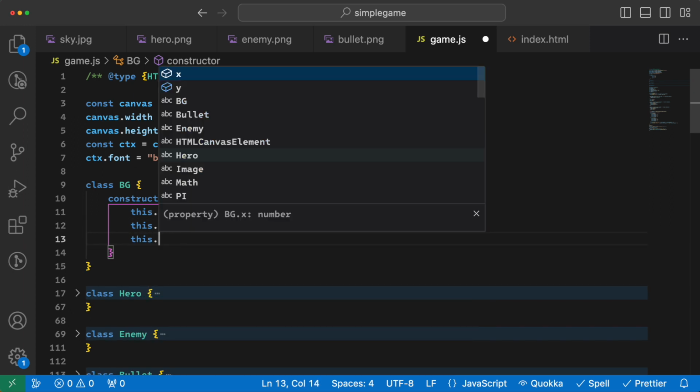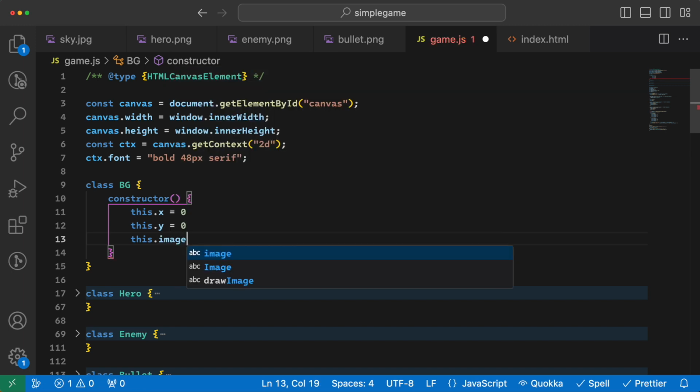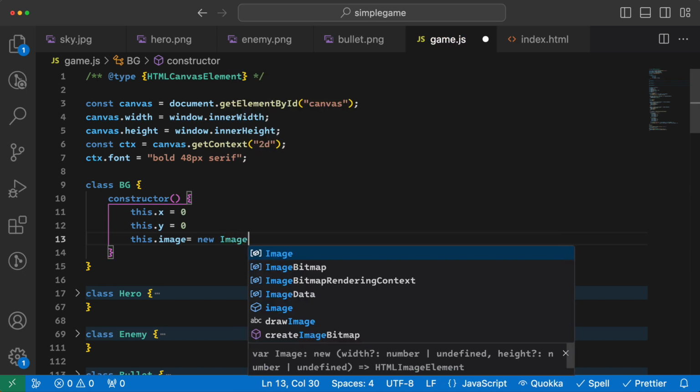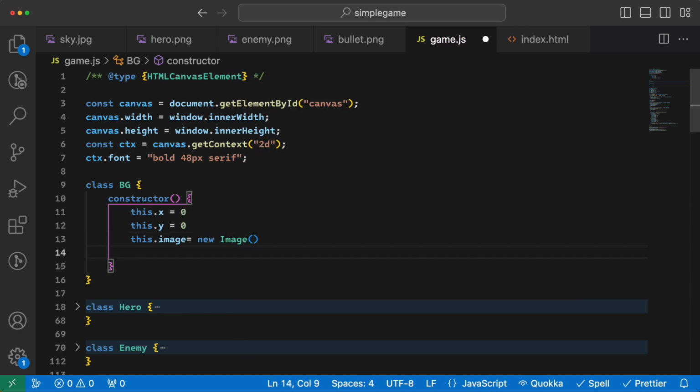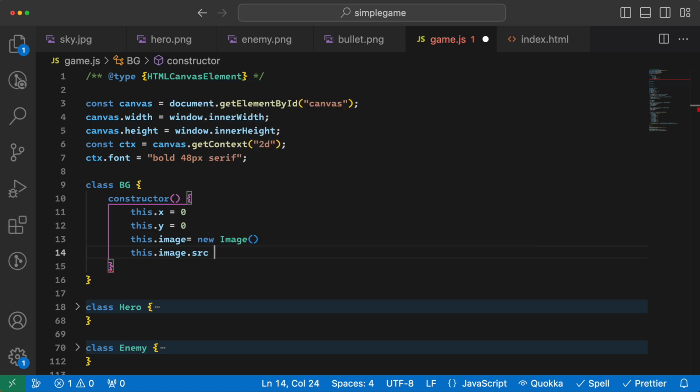It has an image, which is a new image, and the source is dot slash sky dot jpg,